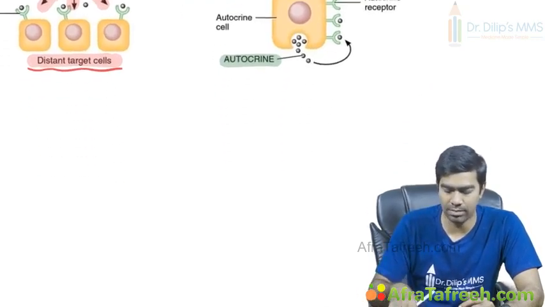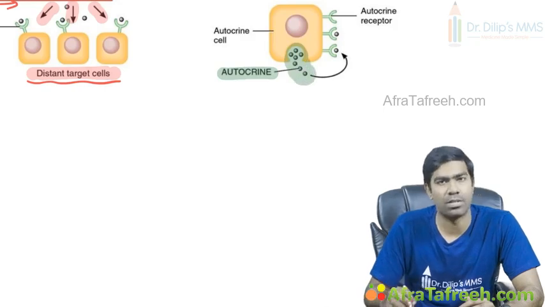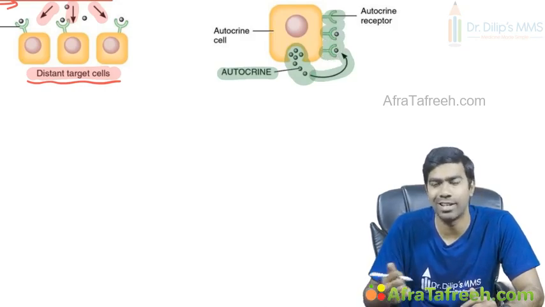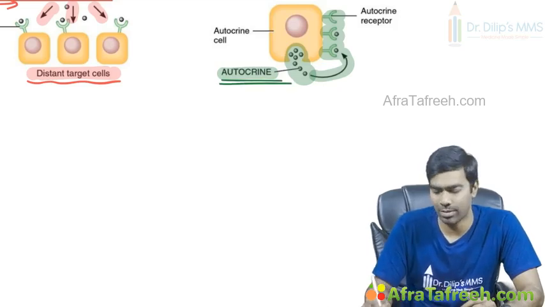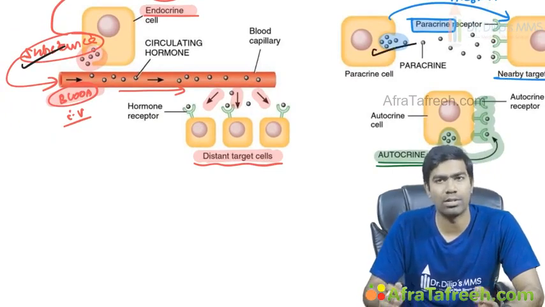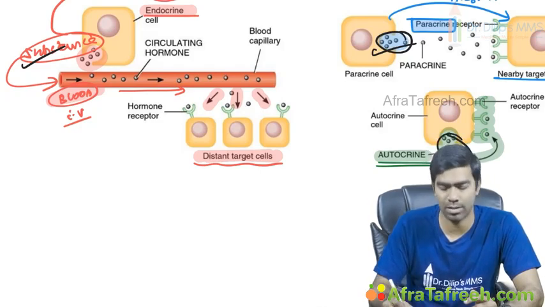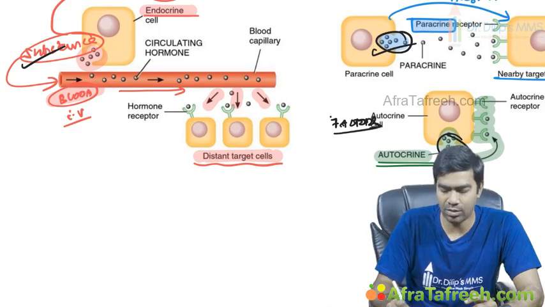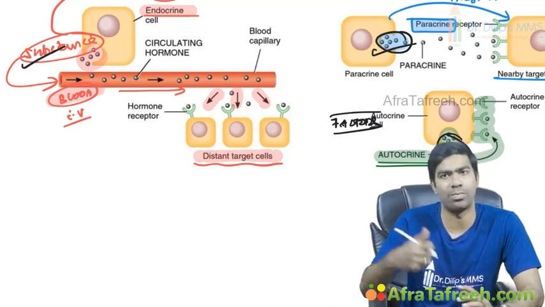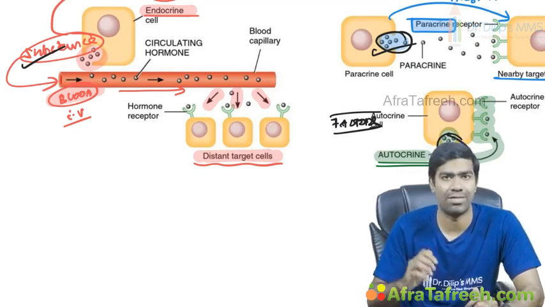So what do you mean by an autocrine mechanism? Here, the cell synthesizes some substance obviously, and this substance is going to exert its effect on the same cell that is synthesizing and secreting it. So this is what we are going to call an autocrine mechanism. As I told you before, the same substance can work as an endocrine substance, or it can work as a paracrine substance also. Ideally speaking, a substance that works by a paracrine or autocrine mechanism should be called a factor rather than a hormone. But don't get confused, it's not a sin. You can interchangeably use the term hormone for paracrine as well as autocrine mechanisms also. Why? Because the same substance may have multiple different effects and routes of action.